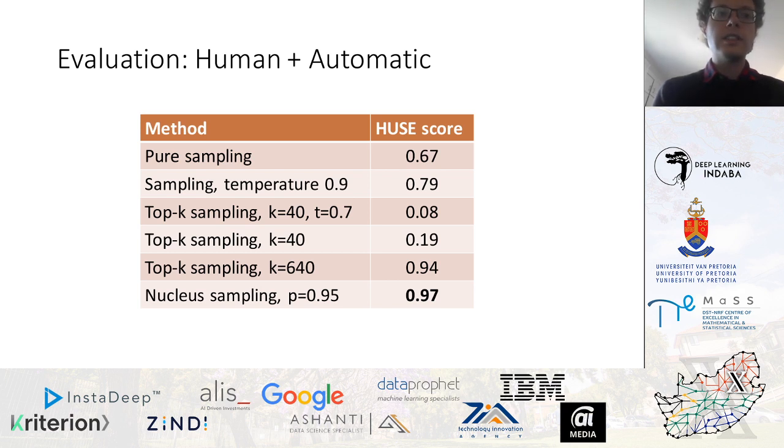The results show that nucleus sampling performs best overall, followed closely by top-k sampling when a large value of k is used. And other decoding methods perform substantially worse. It's also notable that while top-k sampling has been used before, it was mostly used with smaller values of k, which are scored lower according to our evaluation criteria.